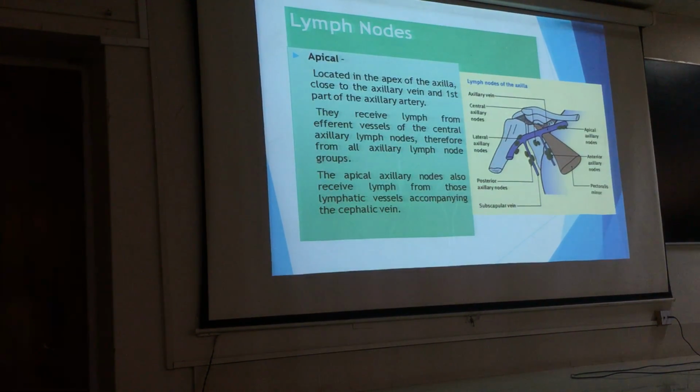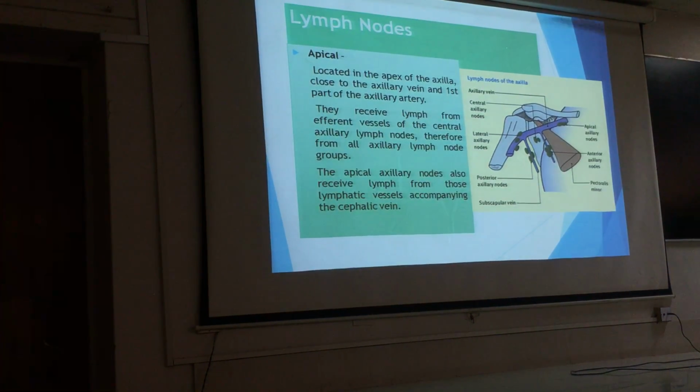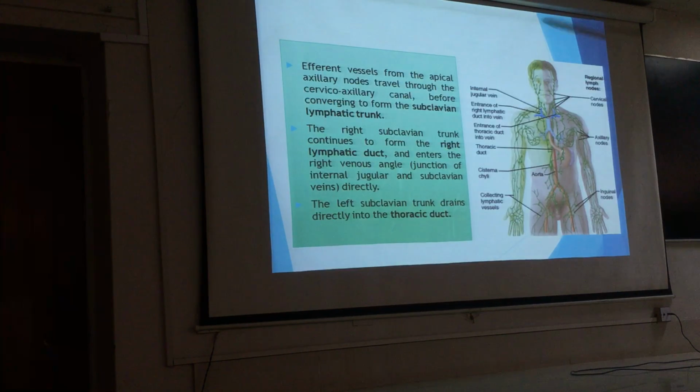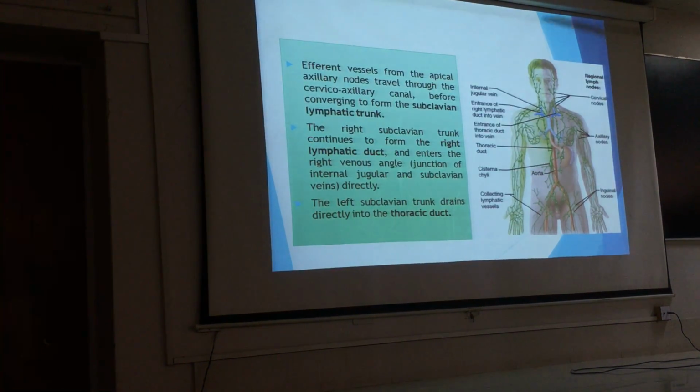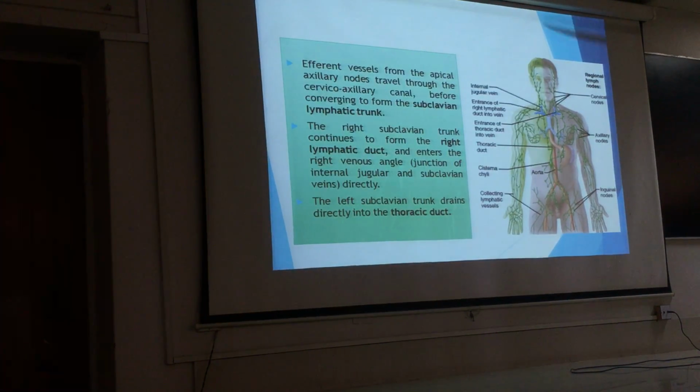They will also go and drain into the apical group of the lymph nodes. Now when we talk about the apical, हमने कहाँ देखा? Apex vein, closely related to the axillary vein and related to the first part of the axillary